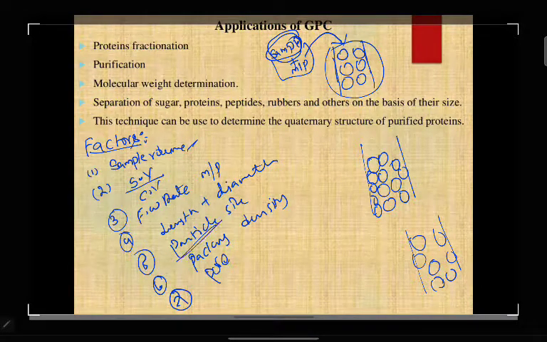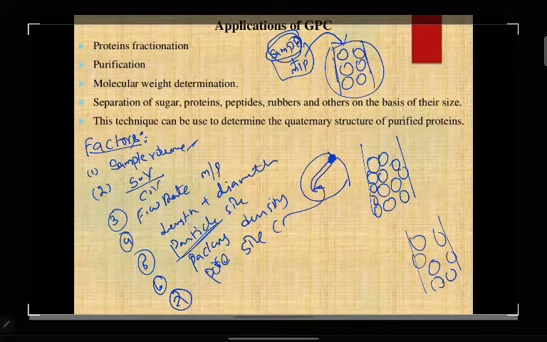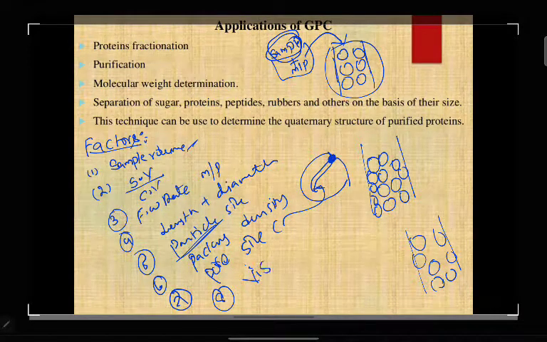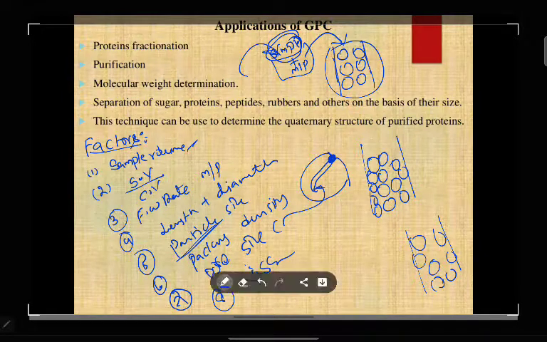Here we saw particle size, here pore size. I told you your gel has pores, and small particles pass through the pores, which is why they take a long time. This pore size is the next factor. Then the eighth one, viscosity of your sample. You are loading your sample, and that sample viscosity. So these are the 8 factors which affect your gel permeation chromatography.